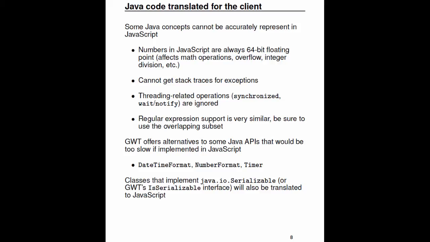Now, there are some APIs that just aren't conducive to JavaScript, or probably more accurately, the guys at Google decided they didn't want to re-implement all of that functionality in JavaScript. So instead of using the Java APIs for things like parsing dates and times and parsing numbers, the GWT emulation mode has classes like DateTimeFormat and NumberFormat for working with dates and times, and also their own Timer class for having events fire at some regular interval. And finally, if you've got an object that you want to send between the client and the server, you can use java.io.Serializable or the GWT IsSerializable interface to do that. So there are a handful of standard Java classes